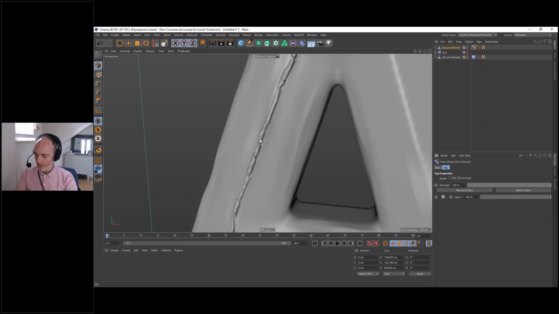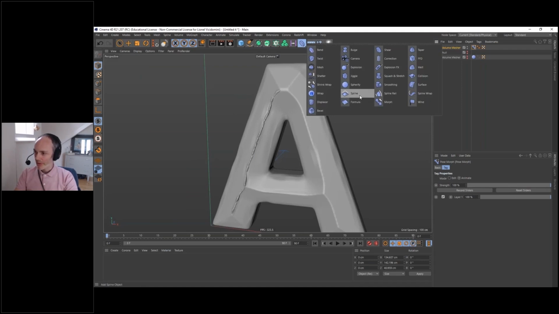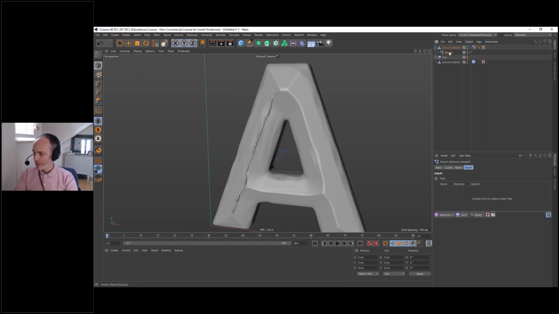Okay, but the real trick is here. The pose morph tag can be used with the morph modifier here. So I'm going to add it. And now the morph modifier is controlling that tag.